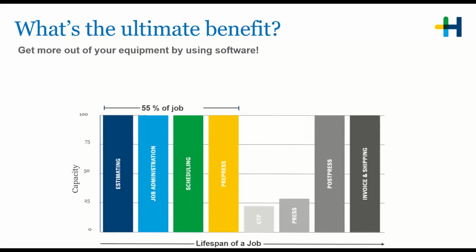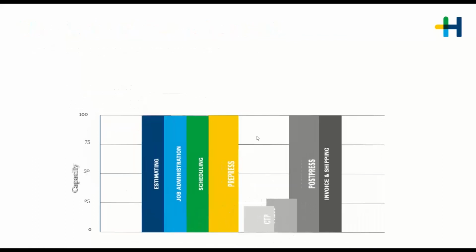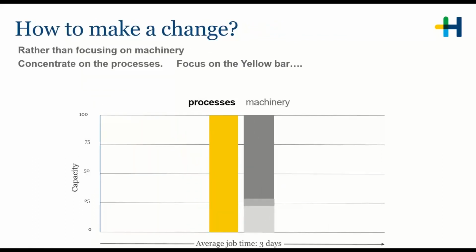And whereas in the past we've focused all of our R&D on the machinery aspect of CTP and presses and our post-press equipment, we've realized that you can't really improve any more on this machinery if we don't consider all these processes that precede them, especially if these departments of yours are maxed out. Let's use software to loosen up and give you a bit more efficiency in these areas in order to produce more work. So rather than focusing on the machinery aspect, let's focus more on the processes in order to